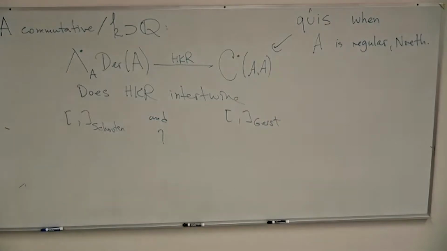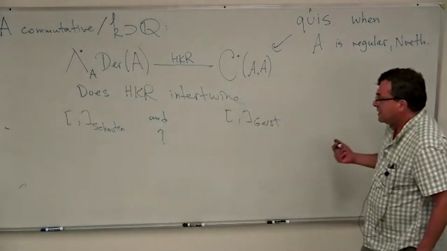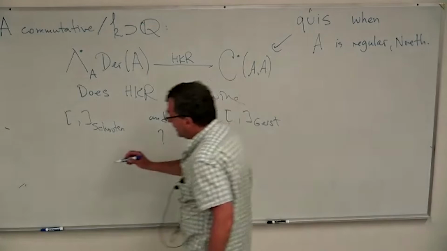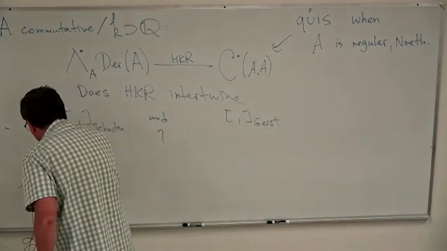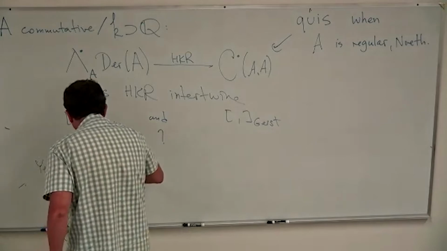Important for Poisson geometry and Hamiltonian mechanics, the Schouten bracket on multi-vector fields. Does it intertwine them? And the simple answer is yes. On cohomology,